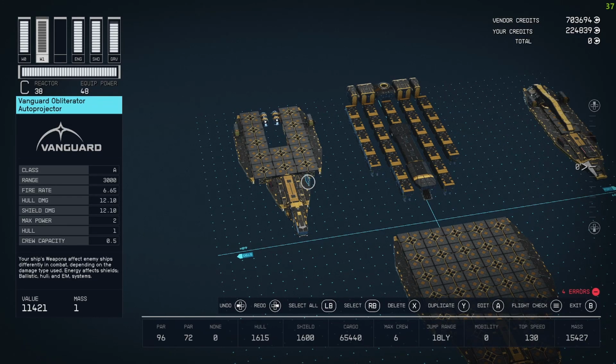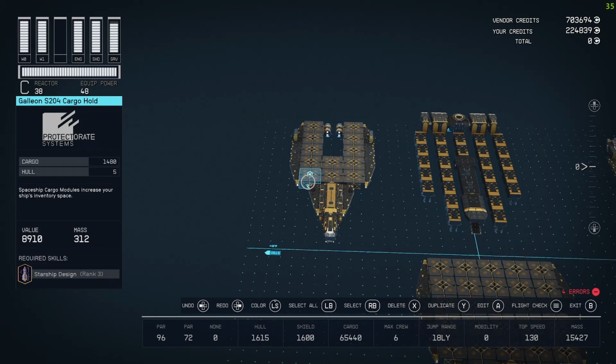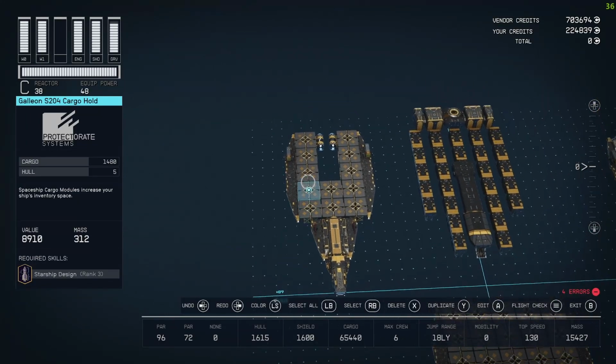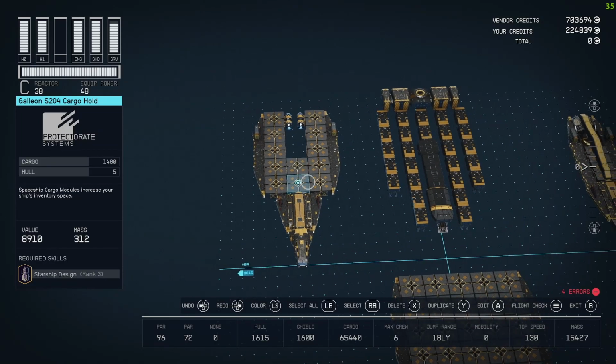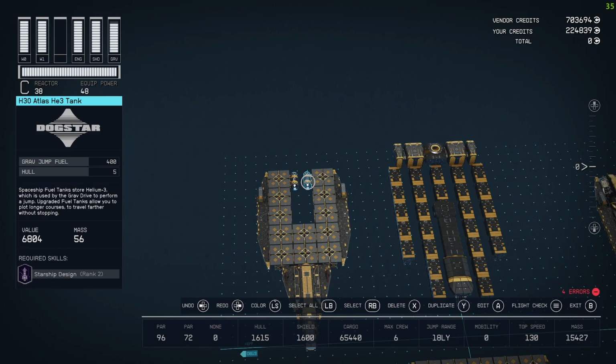So in total we have got 6 of these guns because they're really overpowered for the power usage. We move backwards onto more of the Galleon S204 cargo hold. So we have got 1, 2, 3, 4, 5 deep, 2 in the middle, and another 5 on this side. We've got 2 fuel tanks, a H30 Atlas. Now these are 400 fuel and they are tiny, so it's perfect to get 2 of those, and it gives